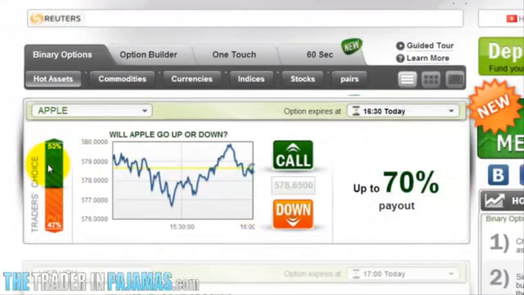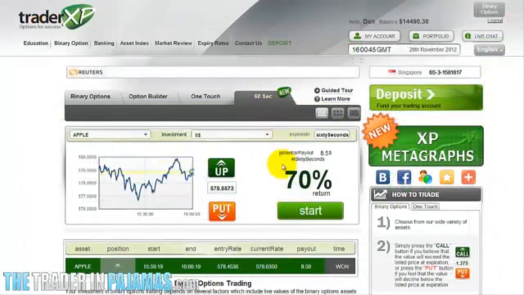Notice that 53% of traders currently believe that the stock will go up. Let's head back to the 60 Seconds tab and open another $5 trade. Now the trade will be the same as before. We'll use the Call button to go with the majority of traders, click the green Start button, and then we'll